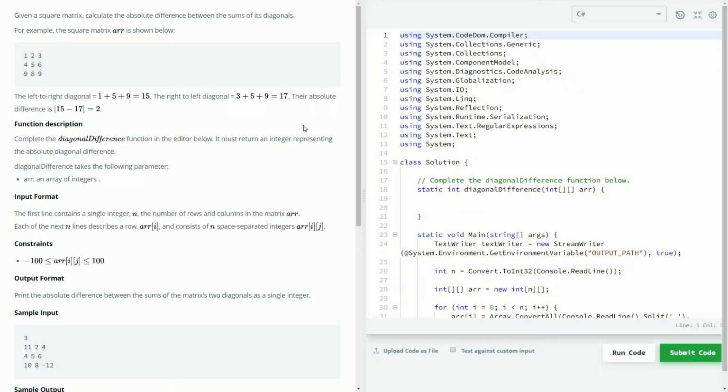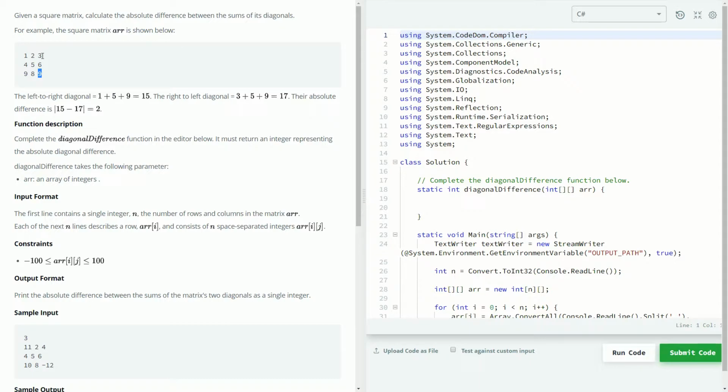So over here on the left we have our problem statement. I'll just go ahead and paraphrase it for you. Basically what we're going to be asked to do on this one is, given a square matrix of integer values from -100 to 100, we're going to calculate the sum of its diagonals and then compute the absolute difference of those sums. So looking at their example array right here, one diagonal is going to go from left to right,